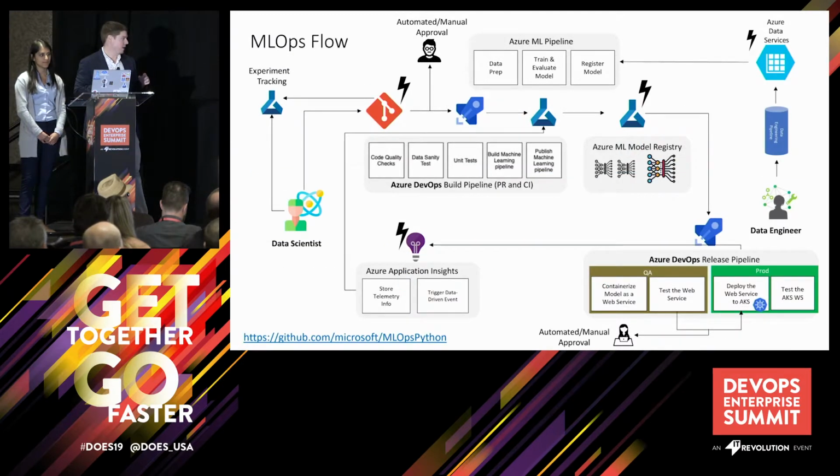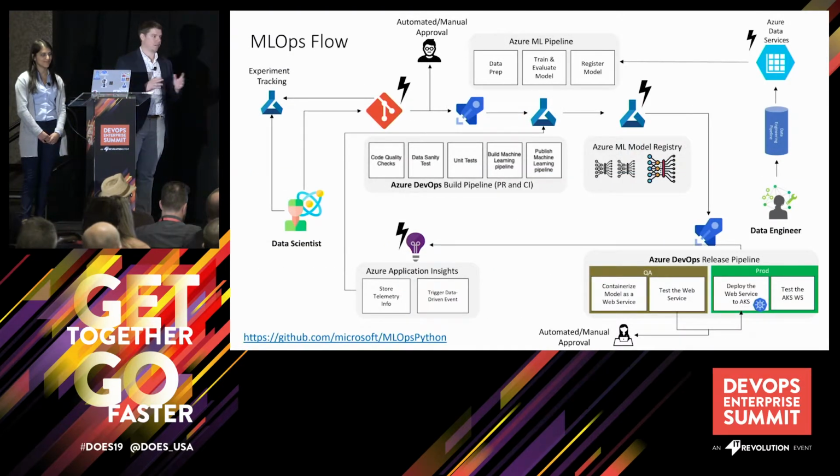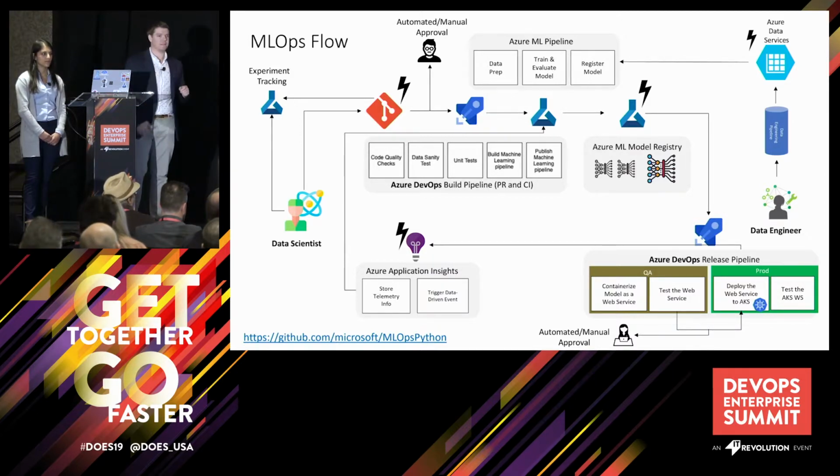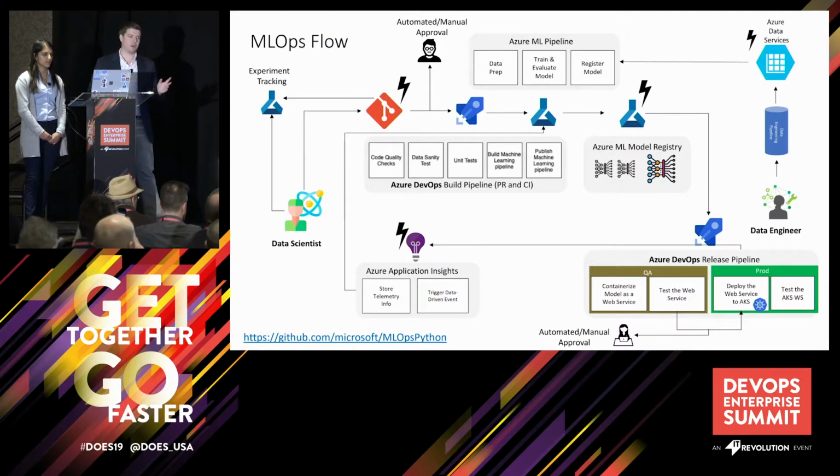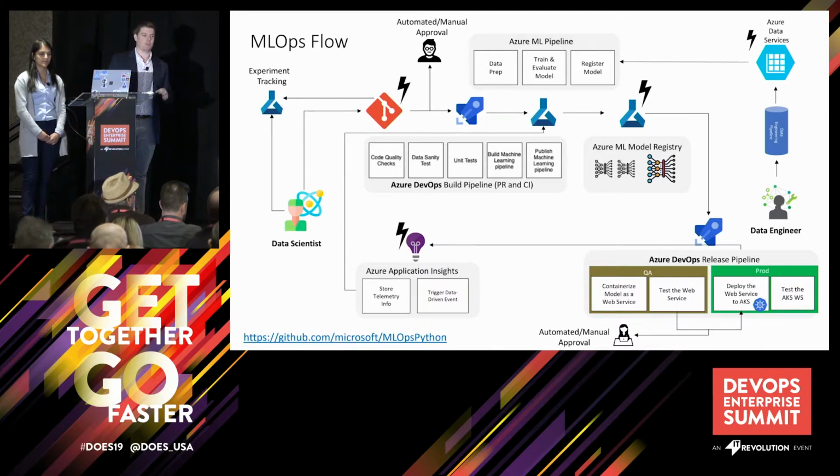We have documented best practices around how to do this, and there's a repository on GitHub you can look at that has this whole flow set up, including ARM templates to deploy everything on Azure. Basically, you have your data engineers working in tools they're comfortable with, dropping data into a blob storage or a SQL database. You have your data scientists checking code into Git, with built-in experiment tracking. On top of that, when they're ready to say, hey, I think this model is good, all they do is